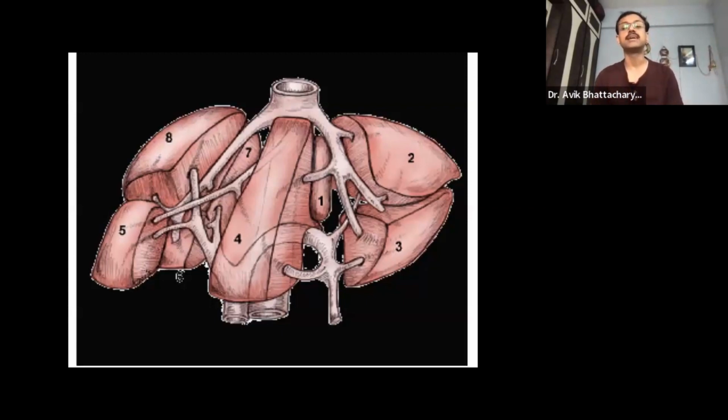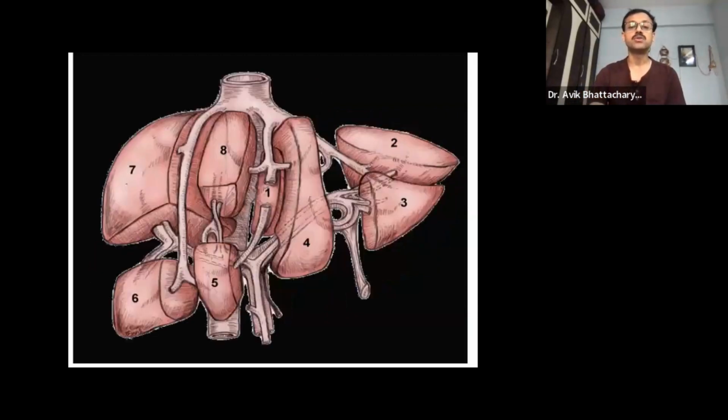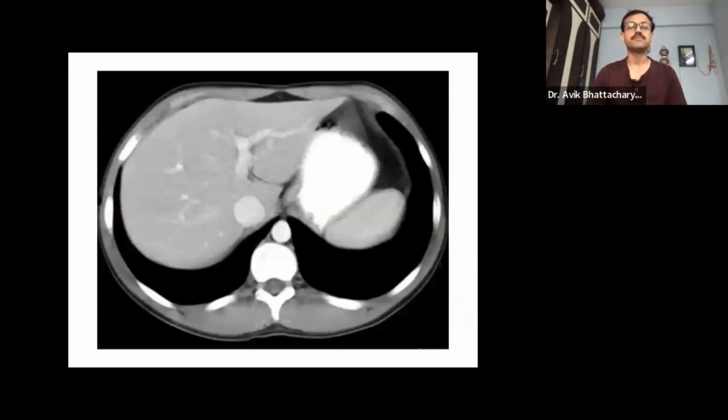Similarly, on the left side, anterior or anteromedial to the middle hepatic vein, the liver segments above the portal confluence are segments 4A and 2, and below it are 4B and 3. So after the segmental anatomy on the schematic diagram, if you see the images of a CT scan of the liver,